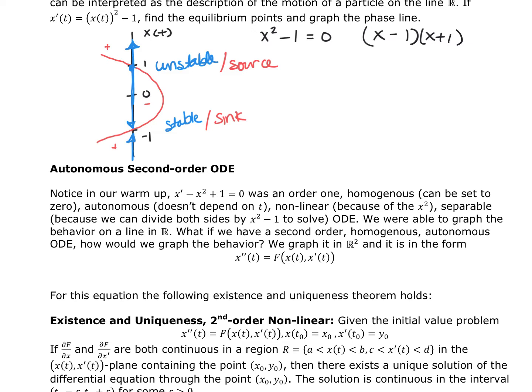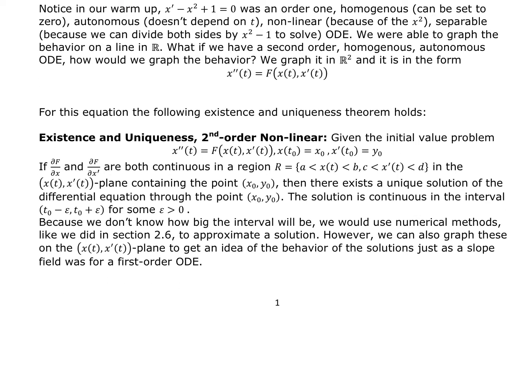What if we have a second order homogeneous autonomous ODE? How would the graph of its behavior look? Well, we graph it in R2, and we have it of the form x double prime of t is a function of x of t and its first derivative. So it's important that the following existence and uniqueness theorem holds. Given the initial value problem, where x double prime of t is a function of the original function and its first derivative,